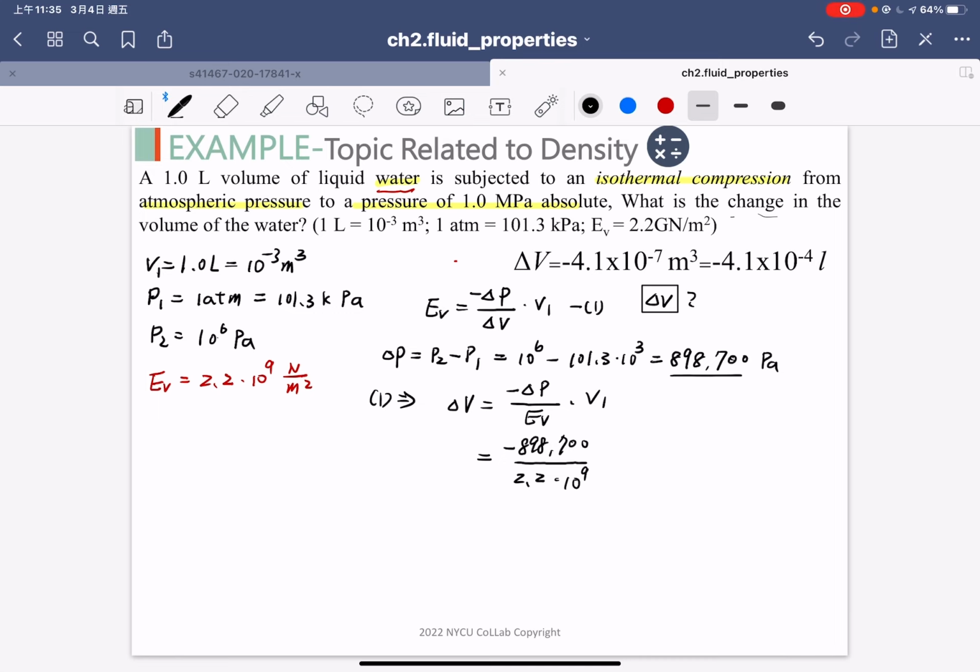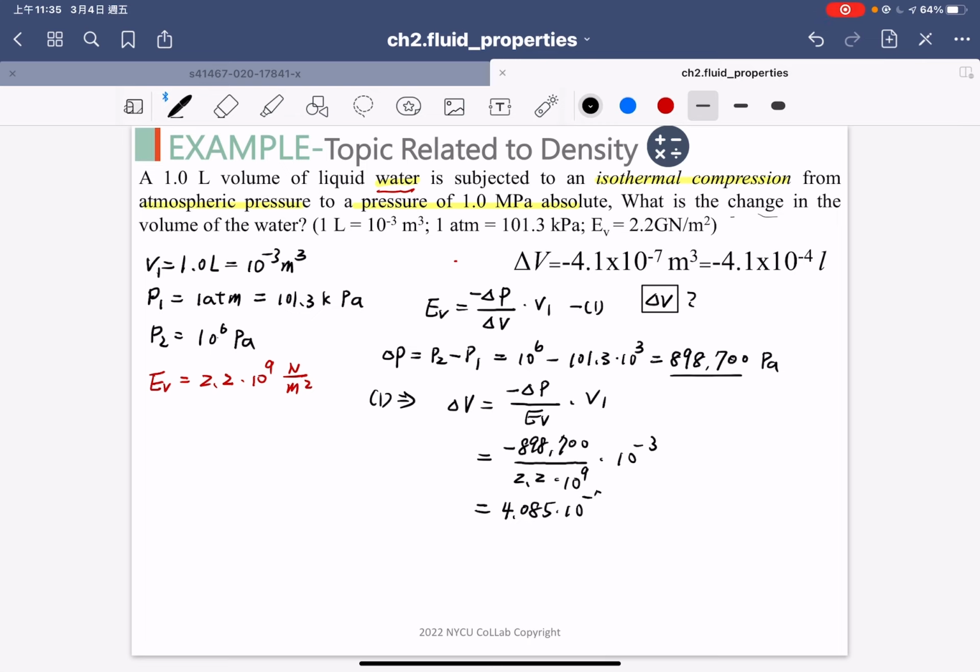Okay, and then multiply the 10 minus 3. So you can use your calculator to compute the answers. Divide by 2.2, multiply the 10 minus 3 powers, and divide by the 9 powers. So the answer here is around 4.085 times 10